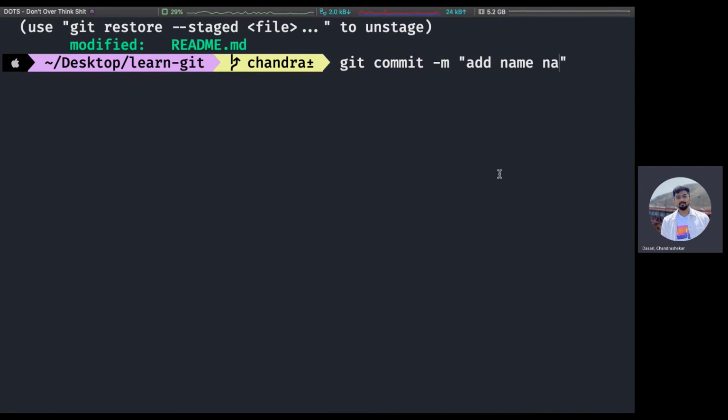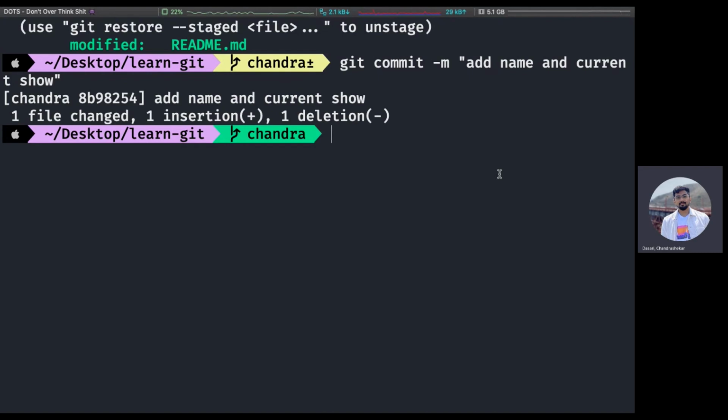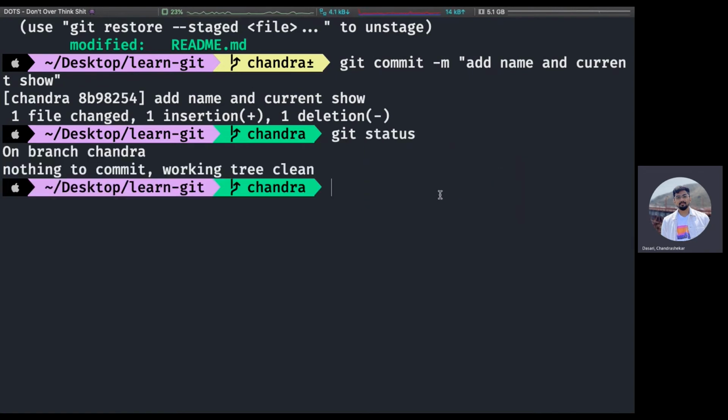It can be whatever you want, just a sentence. Once you do that, just press enter and your changes are committed. Then you can do git status, and it says there's nothing to commit, since everything I made is already committed.